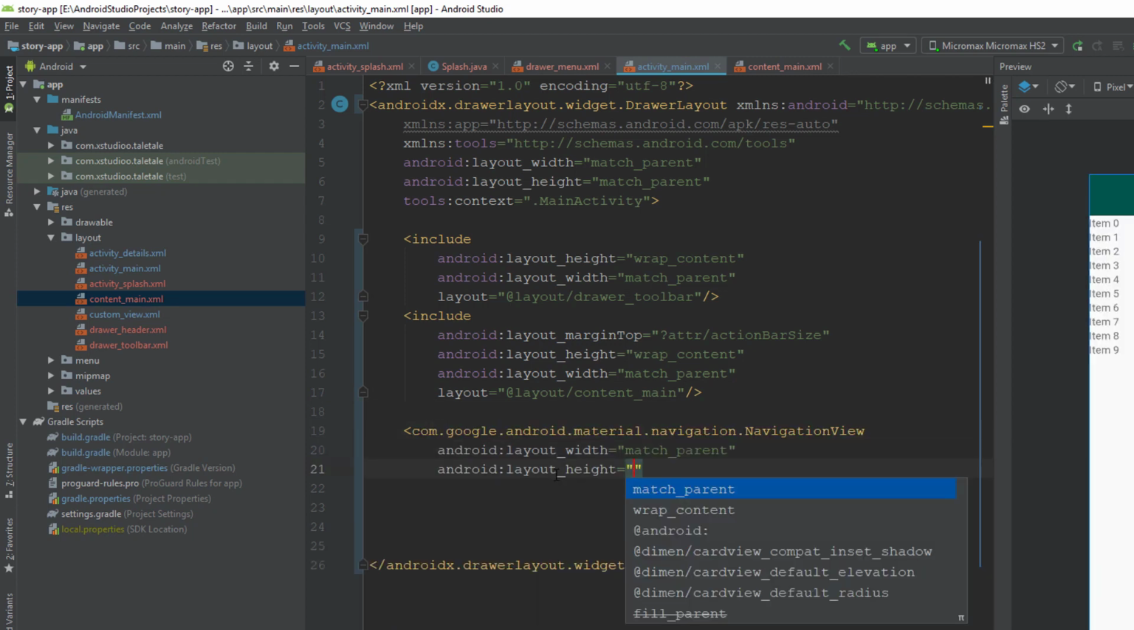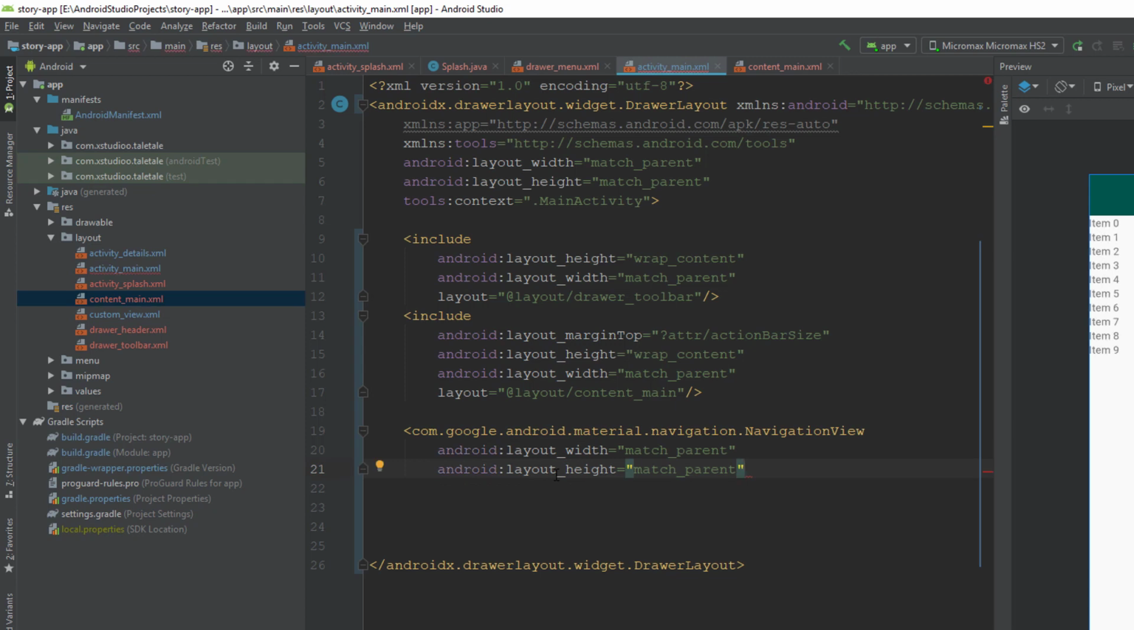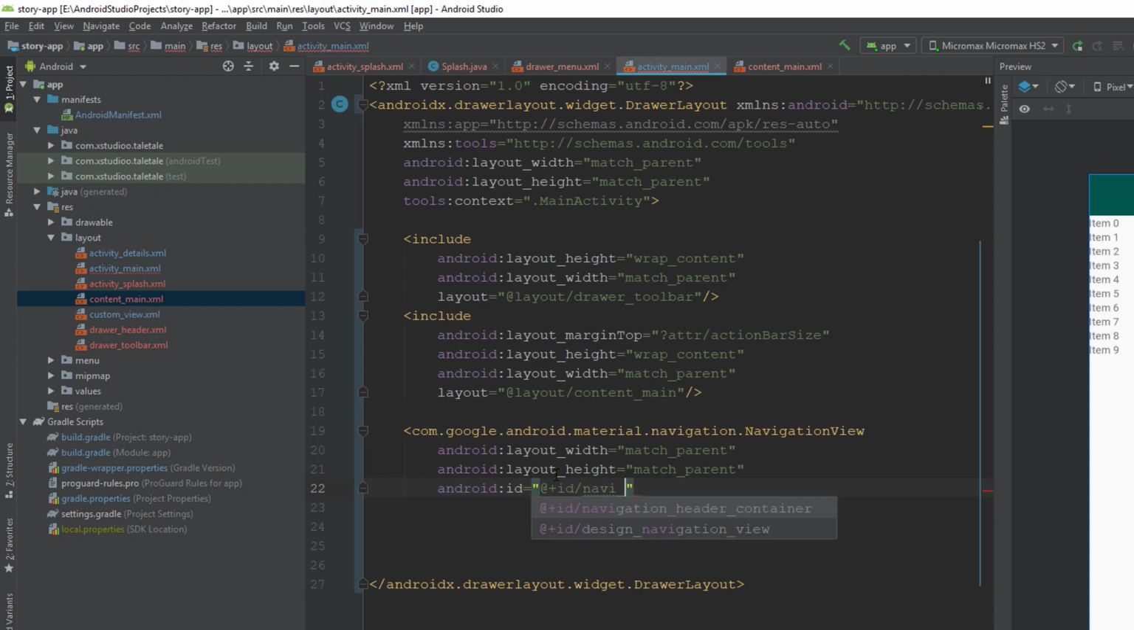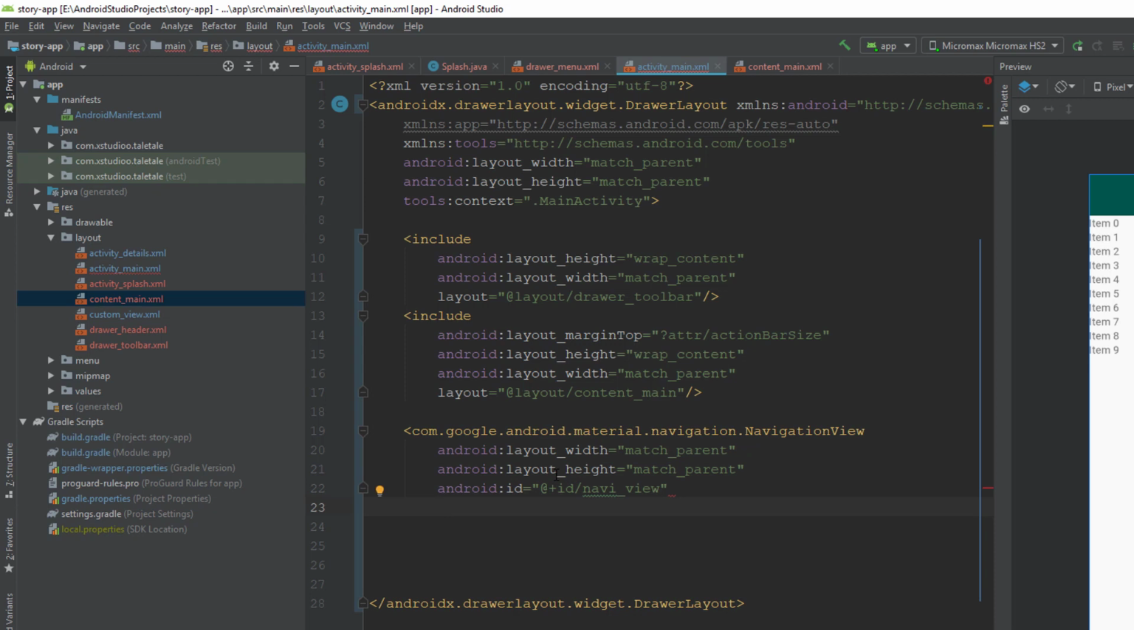Selected, match parent, and here I'm gonna give the ID for this. It might be useful when we want to set name and email and image to our navigation drawer header, right? So we can use this navigation view. So this is the title,